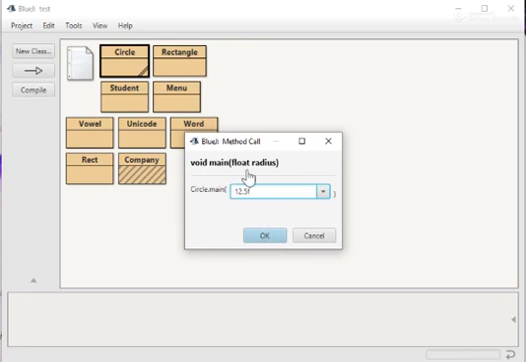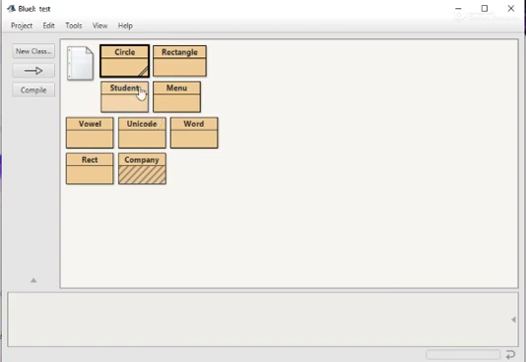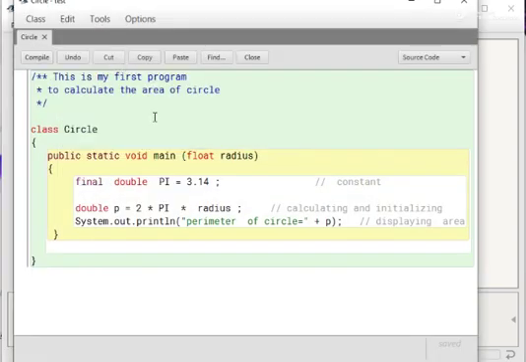This is the input, or parameterized input. Click on OK. Now the perimeter of the circle is calculated as 78.5. In this way you can see two types of input: first initialization and second using a parameter.